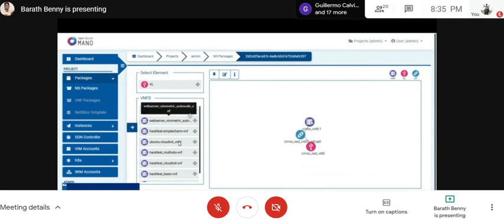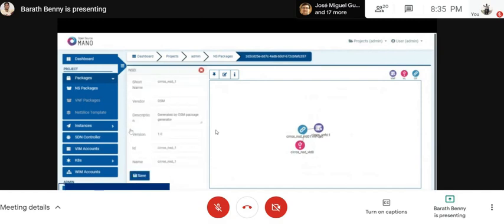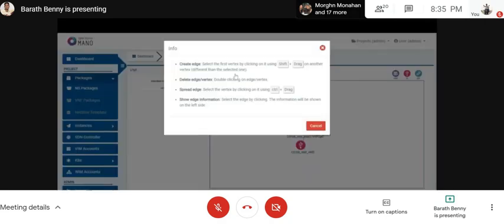So here, as mentioned, the new topology design has been implemented. The left side carries the drag and drop sections. For example, we have NS packages like a virtual link and VNFD links over here. So the user can easily drag and drop. I will explain how to drag and drop and how the connection is established in the coming section. Now we will see the information over here. By default, the right arrow shows the indication to view the details of the particular NS package. You can view the particular edge info by clicking on the edges, and it will be shown on the left-hand side.